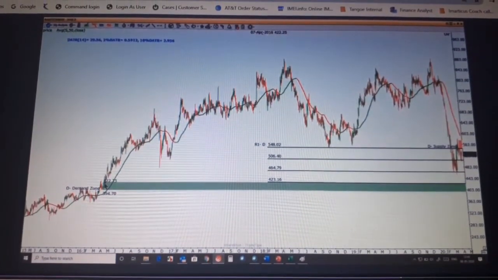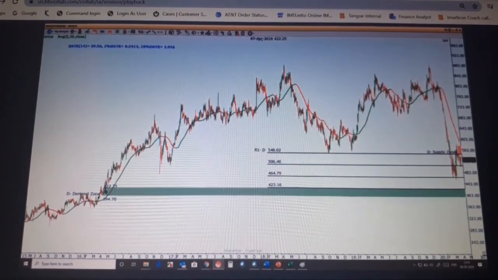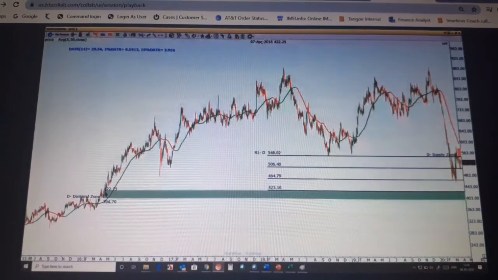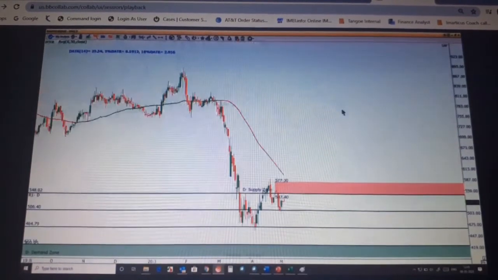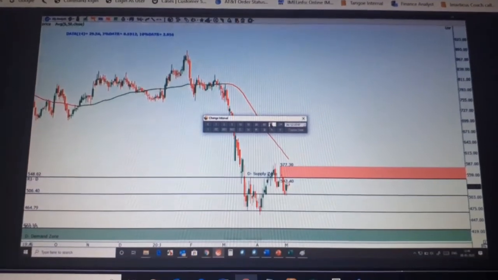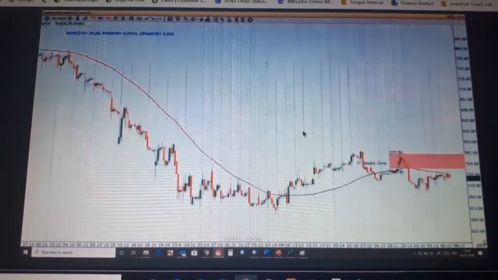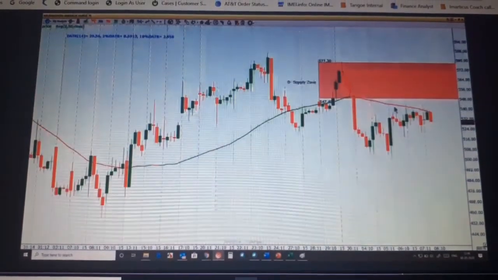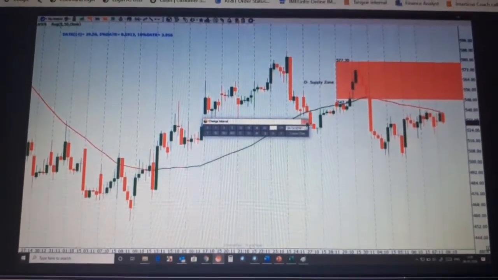In intraday you don't have that much history. History is only for 90 days. So on the 90 days you are not getting a demand zone. So let's go here on the 75-minute chart. What's the trend? The trend is down. Okay, so I'll go on a 15-minute chart.